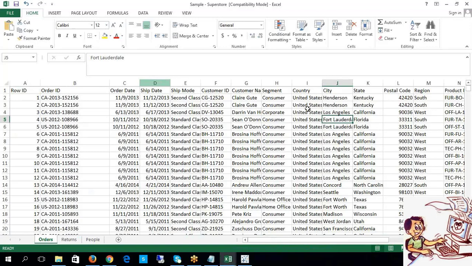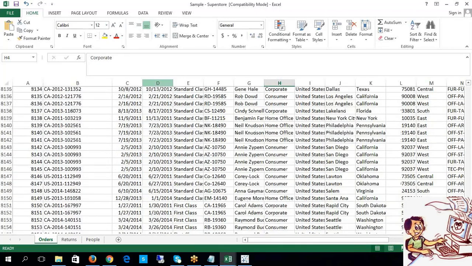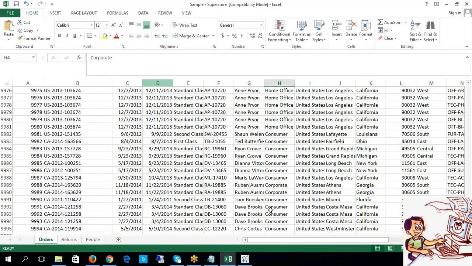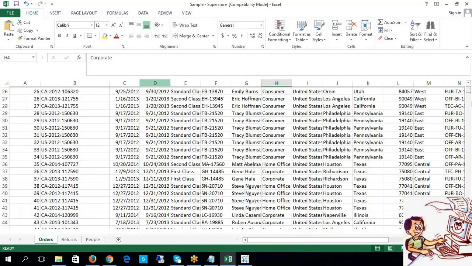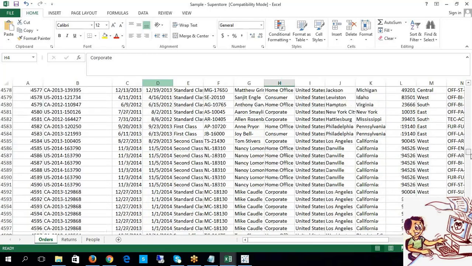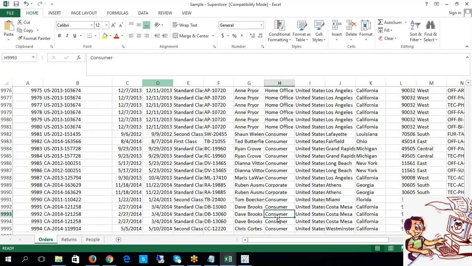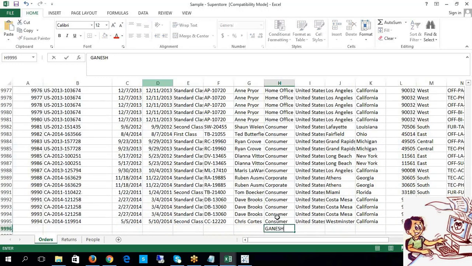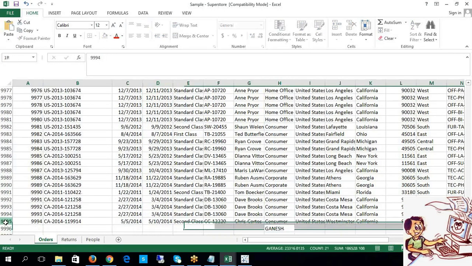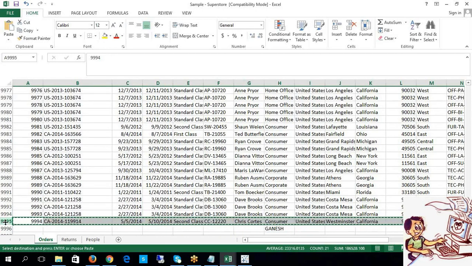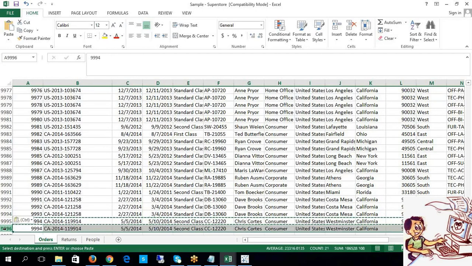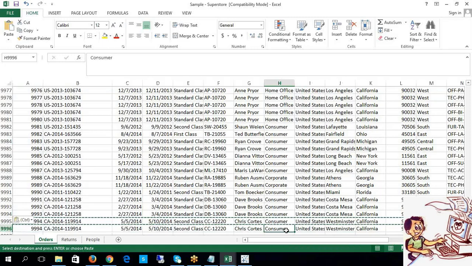For segment, I'm going to add one more thing, only as an example. Some changes have occurred.